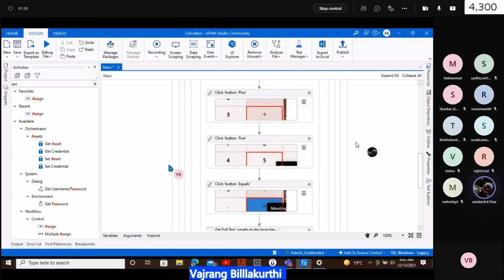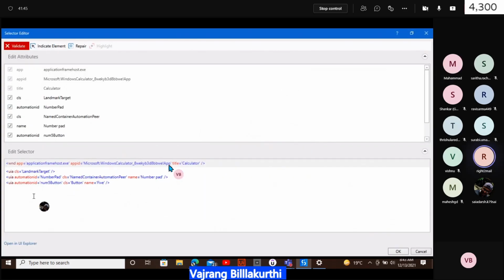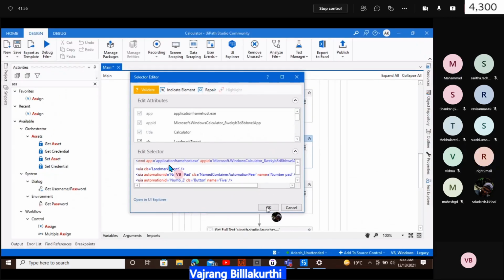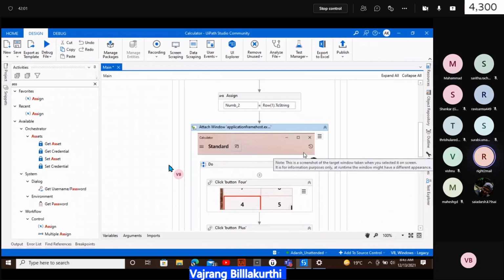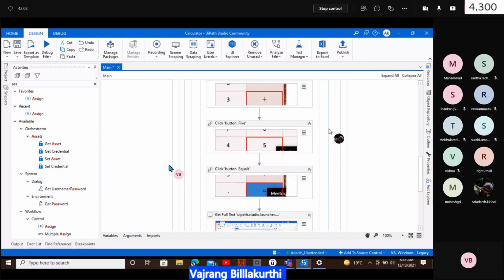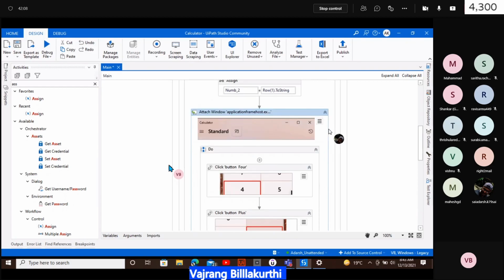If someone is not able to understand, you need to speak, or else you will never understand. Here we have to pass that variable, right? What is in double quotes will not work. They have to be enclosed in curly braces. Correct, enclosed in curly braces. Before you click on OK, you just need to validate whether that's working or not.